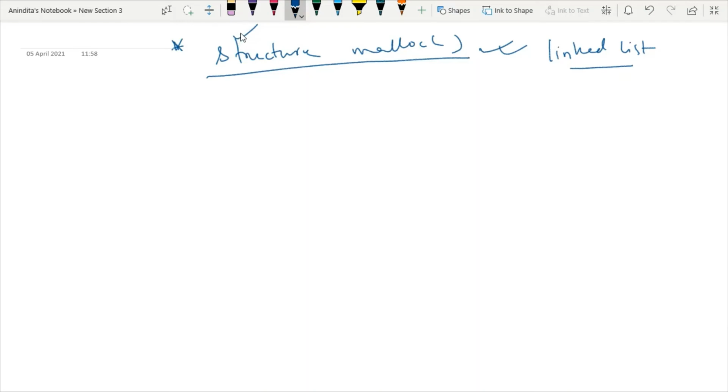So allocating memory dynamically helps us to store data without knowing the size of the data at the time of writing the code. Whenever I'm defining an array, each time I have to provide the size beforehand. But in case of dynamic memory allocation, there will be no need.